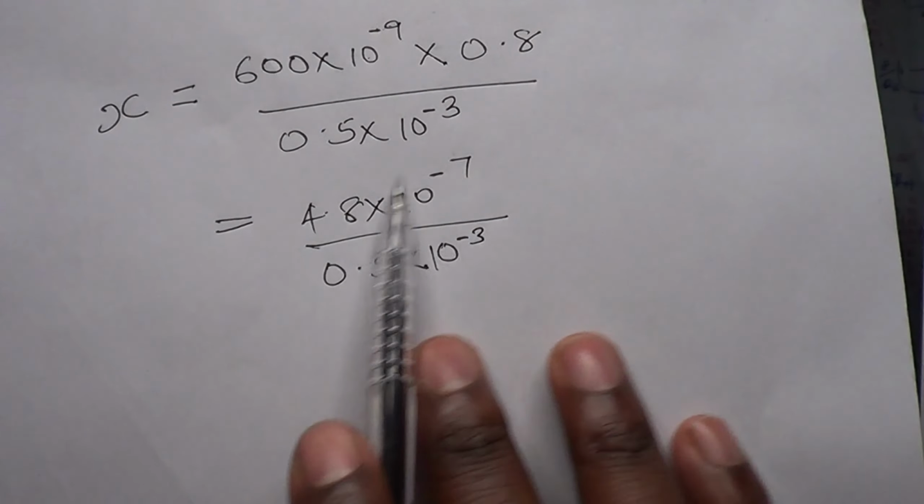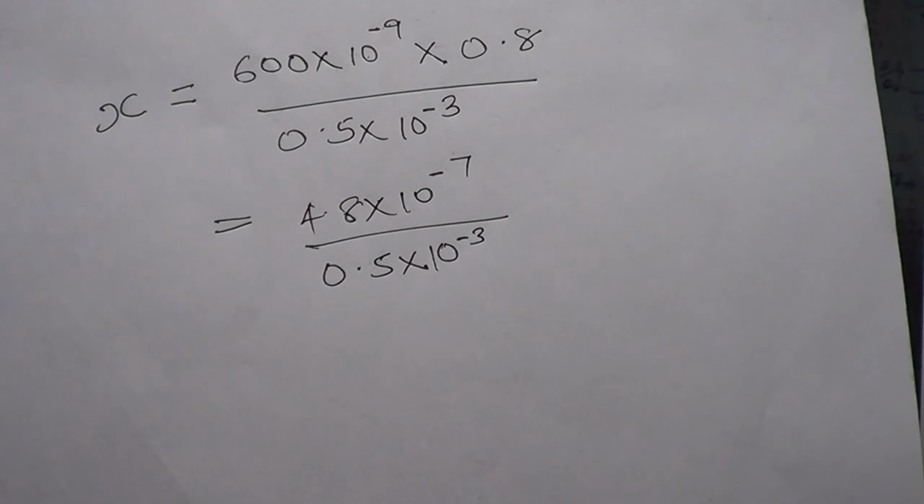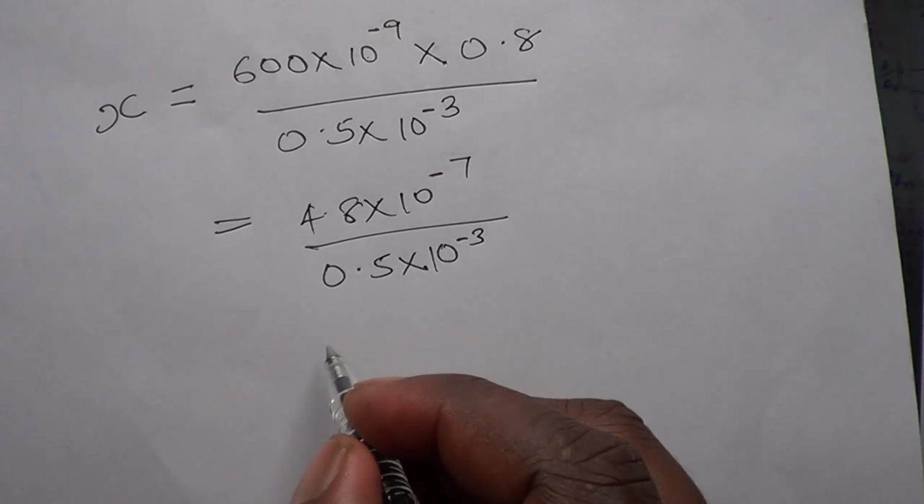So you can look here, take 4.8 divided by 0.5, we get